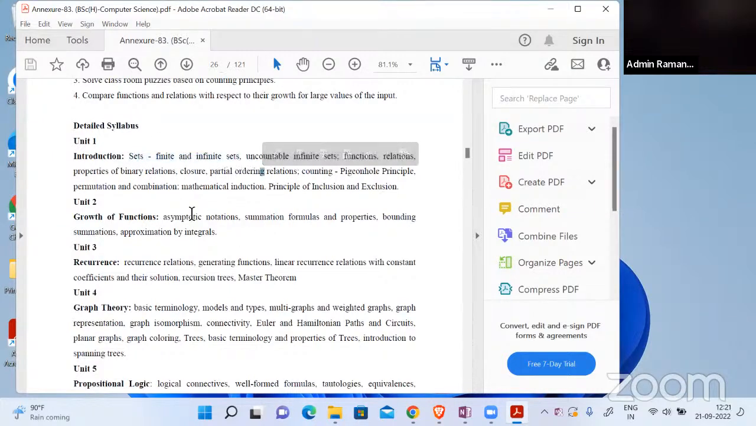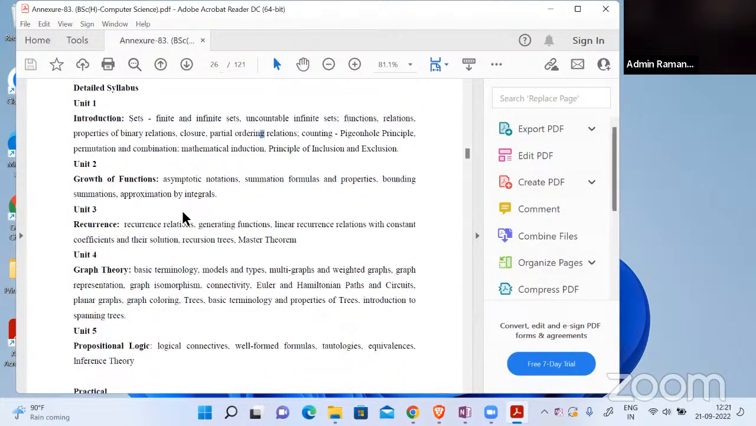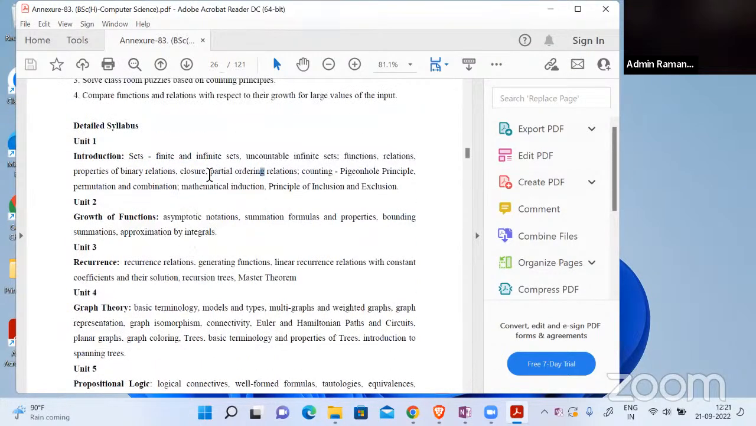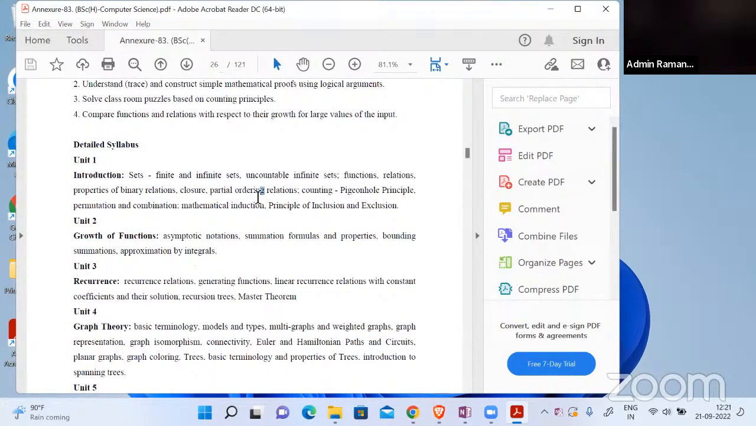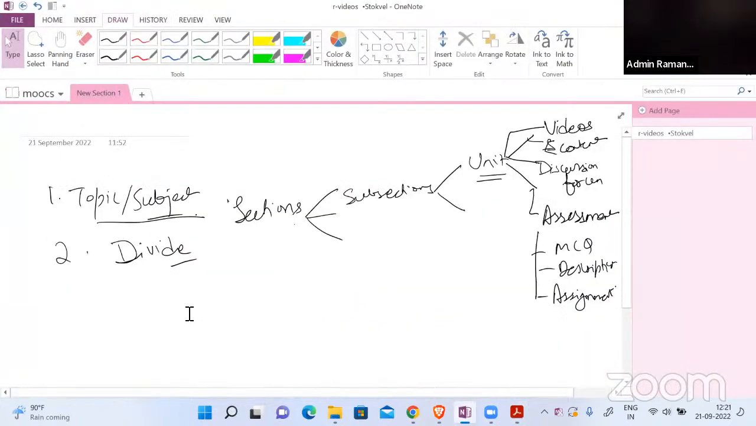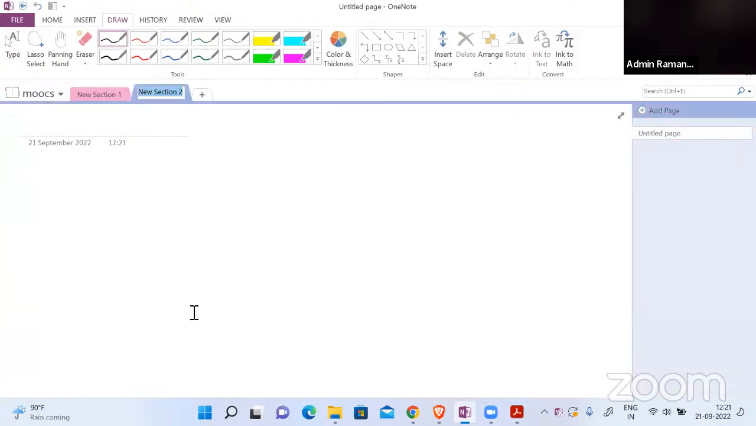Okay, so this is going to be the format. So you will have to divide this before going to the platform. So this is step number 1, where you will have to identify your topic, syllabus, and put it into different sections, subsections, etc. Now the second step would be you will have to go to this website,